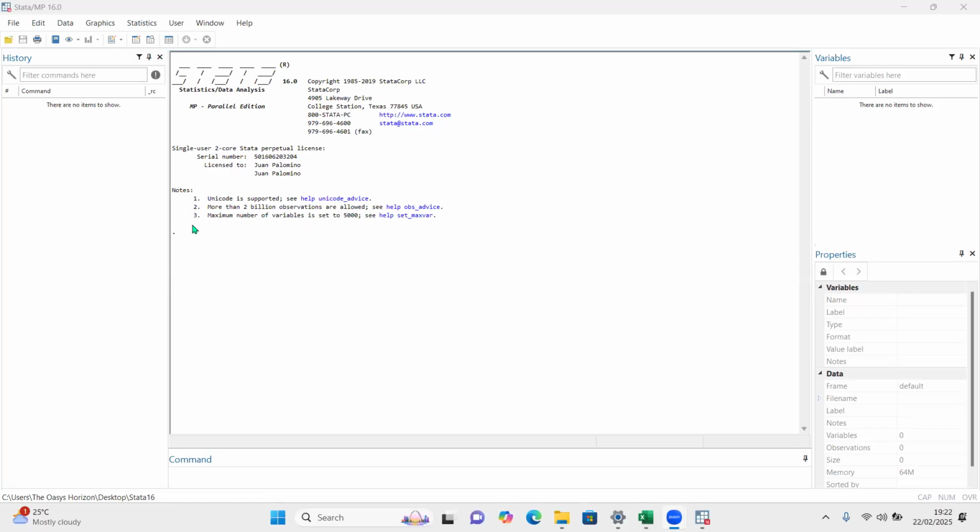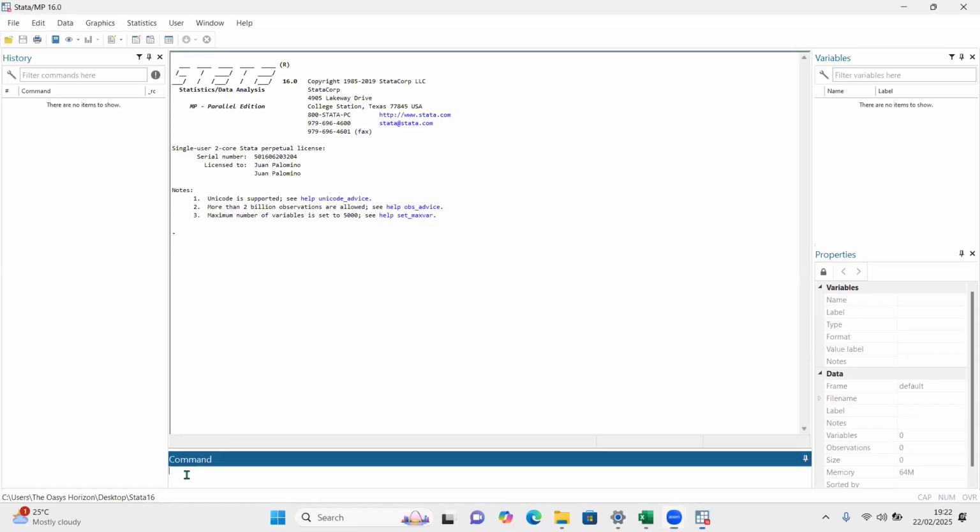See help. Now, it says the maximum number of variables is set to 5,000. What this implies is that if you have a large data set and you have more than 5,000 variables, it won't take it until you change that. And then you can see here it's saying help set maxvar. That help set maxvar, if you enter the code,